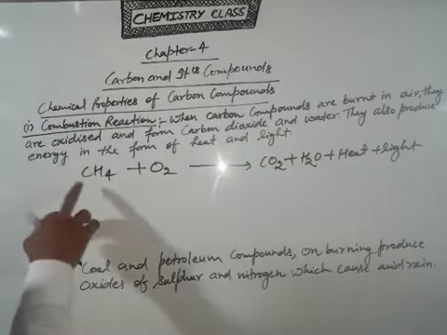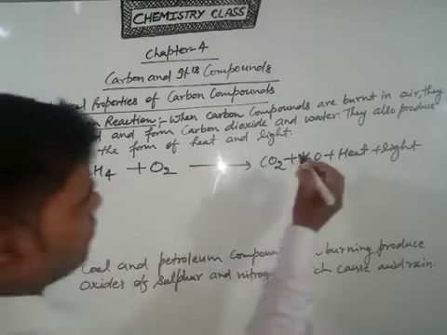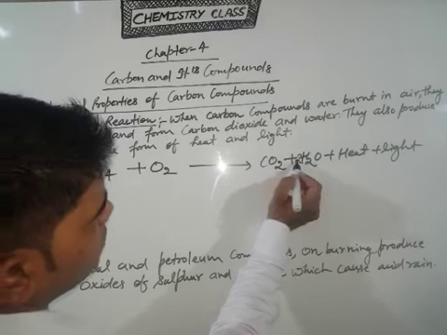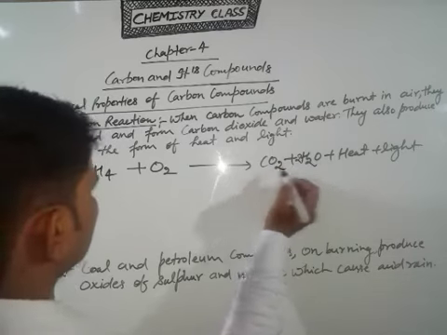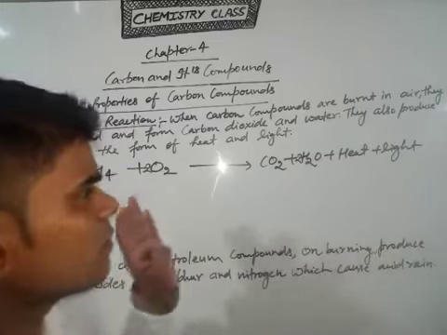So students, remember one thing, combustion reaction provides only CO2 and H2O. Clear? So in this case, how many carbon atoms? 1. Here also 1. But the hydrogen is 4. So first you multiply the right side by 2. So how much oxygen? 2 and 2, that means the total is 4. So this is your balanced equation.